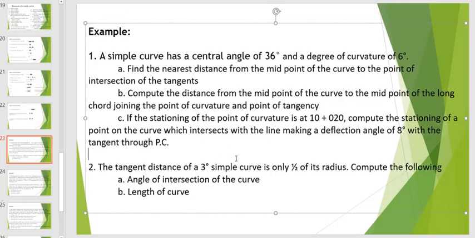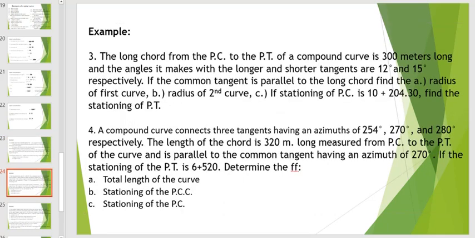Okay, then for problem number 2, the tangent distance of a 3 degree simple curve is only one half of its radius. Compute the following: angle of intersection of the curve and the length of the curve. So that would be part of your assignment. Okay,